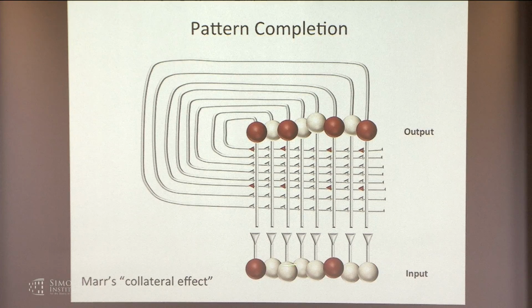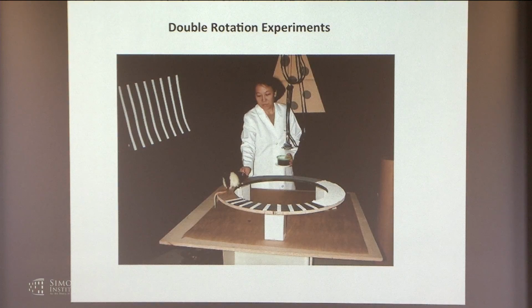If, instead of having 2 out of 4, I had put all 4 neurons here, but one of them was incorrect, like the input was wrong, similar networks with proper inhibition and so forth would do the same thing, would actually correct the input to give the output that would be expected. So these ideas of pattern completion, generalization, error correction, as far as I'm concerned, are all pretty much different manifestations of the same properties. And the thought has always been, based on this, that's what CA3 does. That's sort of the classic theory.